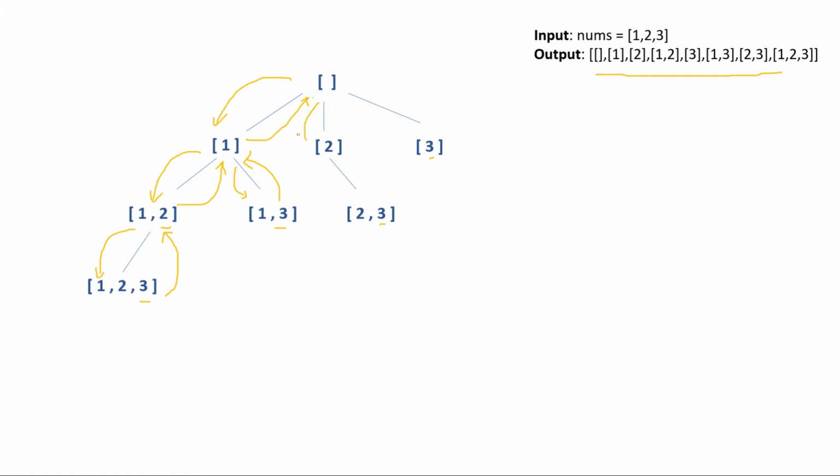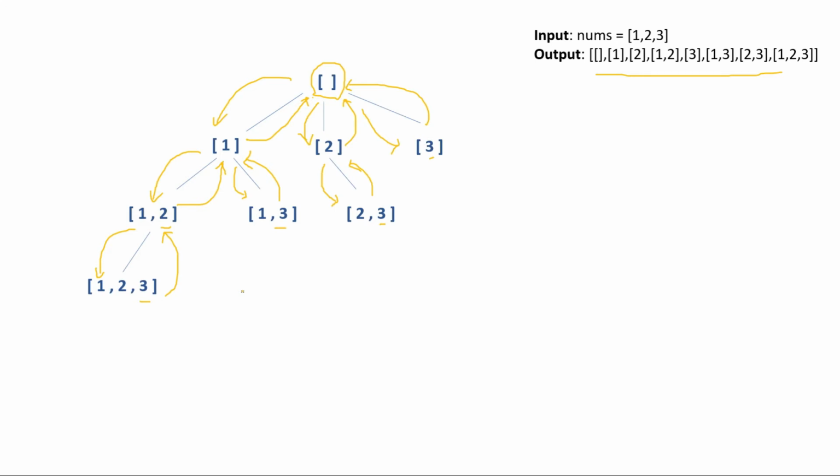Then we have to go to our second choice from this point, that is 2, and only one choice, that is 2, 3. So we have to fulfill that, and after 3 nothing is there, so we have to come back here by dropping 3, and then go back to the blank by dropping 2, and from here the last choice is 3. So we have to collect 3 as a result, and after 3 no combinations are possible. So we have to come back here by dropping 3 and make ourselves blank again. And we collect all these as a result. So this is the way backtracking works, and we can create all the possible subsets.